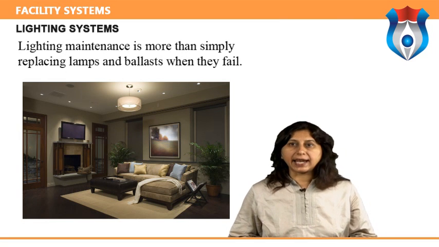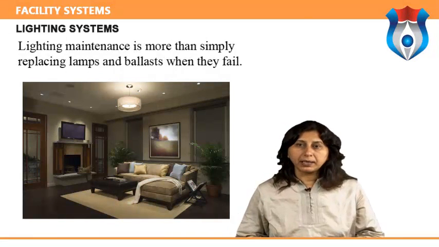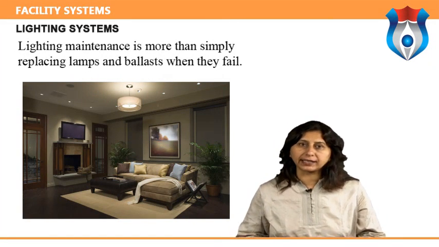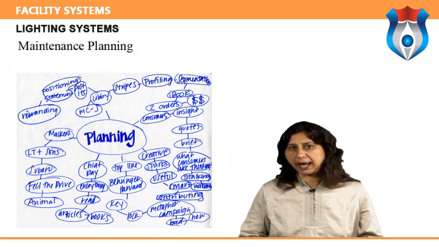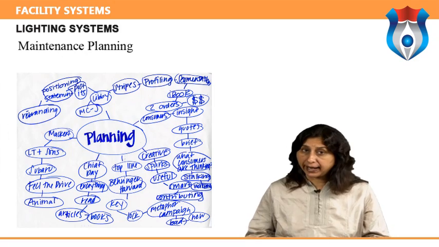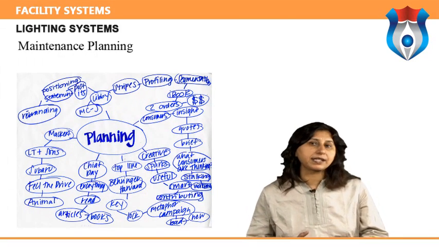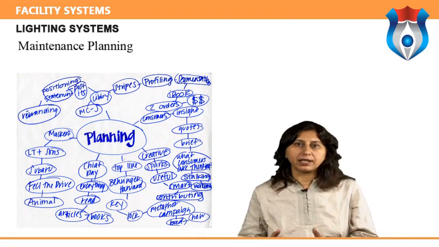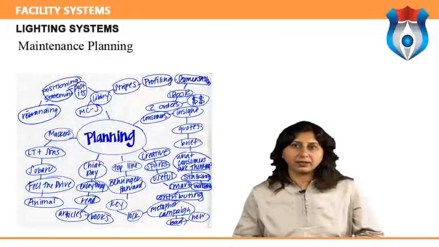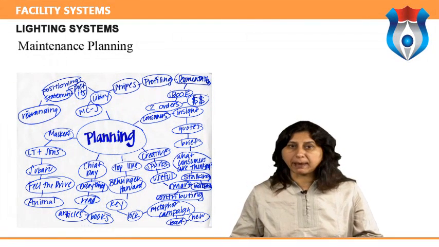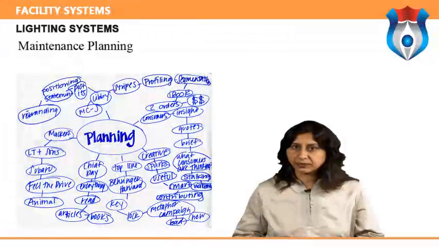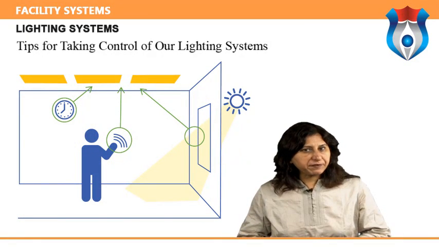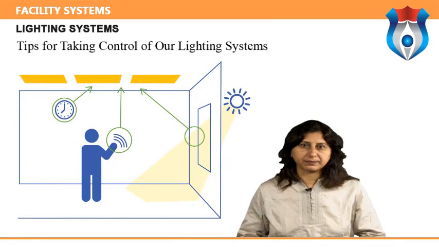In the past, lighting designers have dealt with this problem by increasing the number of fixtures or lamps to compensate for the future light loss. Maintenance planning. Many maintenance managers are hesitant to replace lamps that are still operating. But group relamping and cleaning can be less expensive than sporadic spot maintenance. Through strategic planning and performance management of the overall lighting system, costs can be reduced and lighting quality improved. Tips for taking control of our lighting systems.